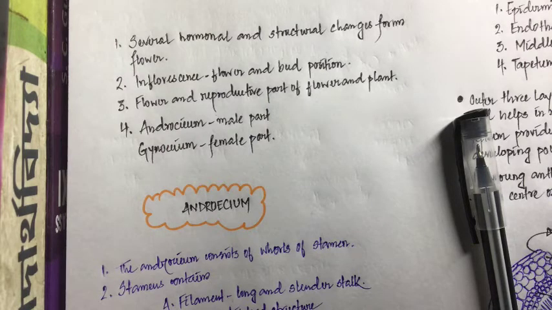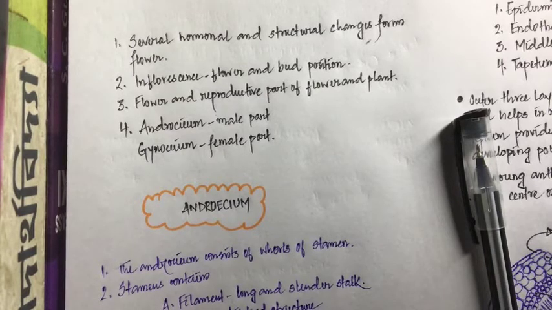Now you might be thinking, sir, what is the need of this inflorescence? It's very important. In order to understand what kind of inflorescence a plant has, we can easily detect how the reproduction process occurs in these kinds of plants. Okay, so it is very important to understand the position of the flower and the position of the bud in order to understand their reproduction patterns. Clear?